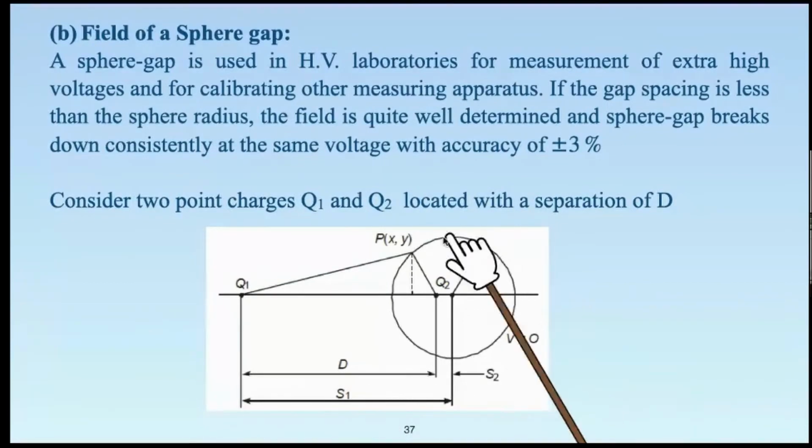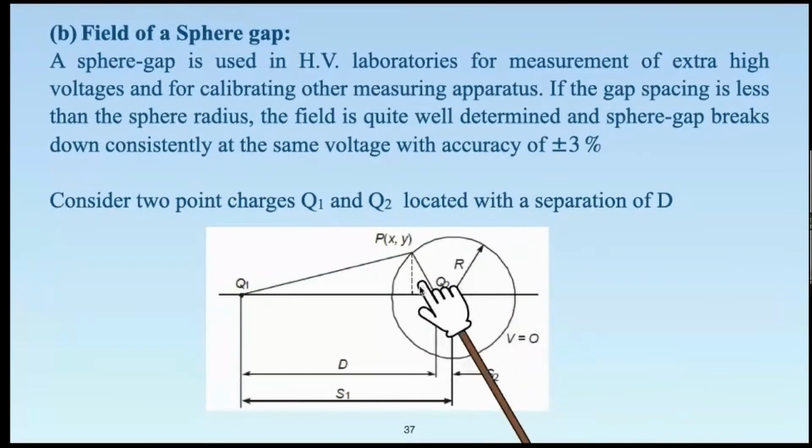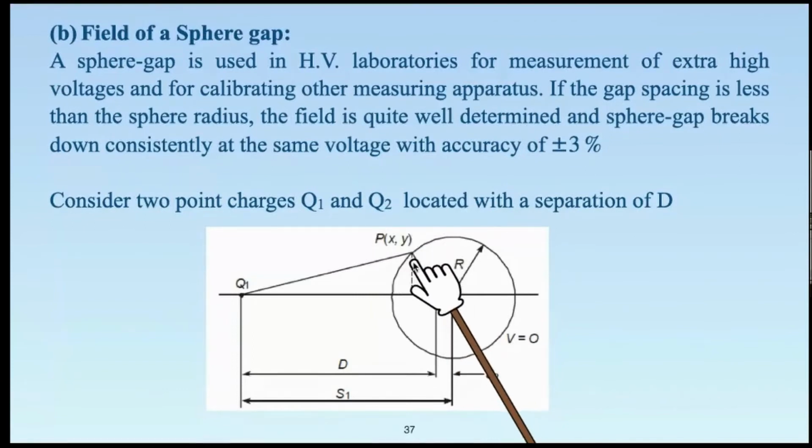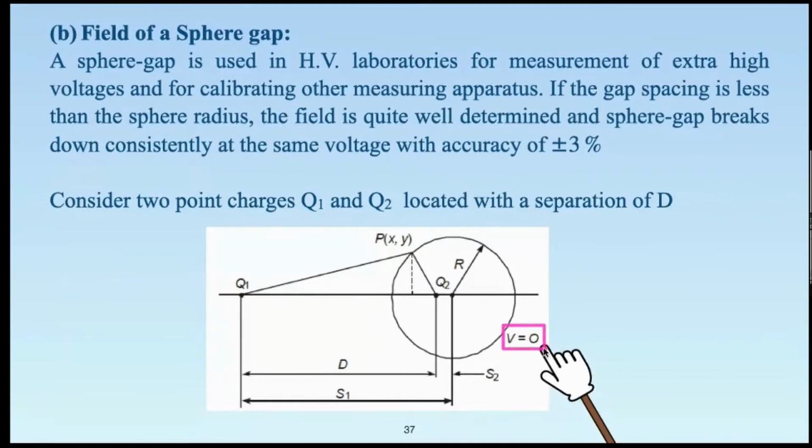Okay, and you can consider that this sphere we are showing here is a ground connected sphere, where we would like to arrive at a condition that the potential on the surface of the ground sphere is equal to 0. Here it is clearly marked that we want the ground surface voltage to be equal to 0 in order to have accuracy in the measurement of voltage with respect to the sphere at Q1.